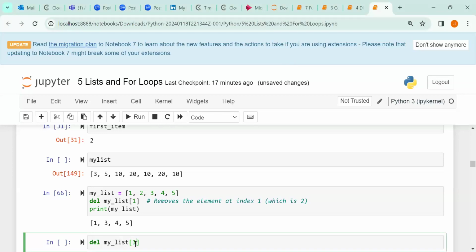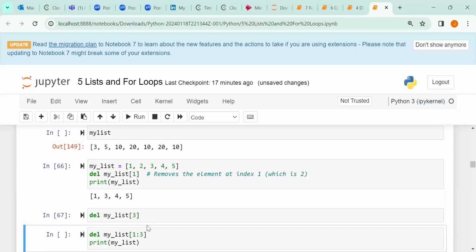So we know that indexing in Python starts from what? 0. So element at 0 is what? 1. At 1 is what? 2. At 2 is what? 3. At 3 is what? 4. So delete my list elements at what? 3. So once we do this and then we check my list,